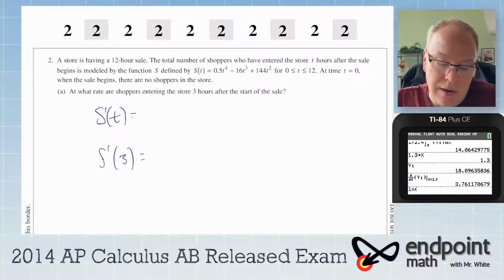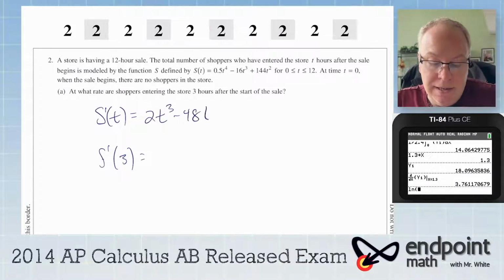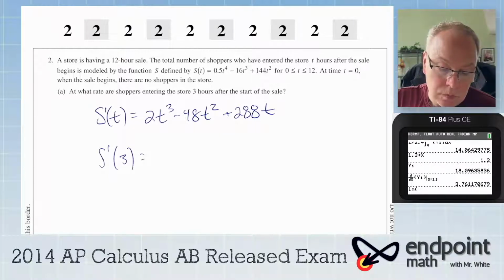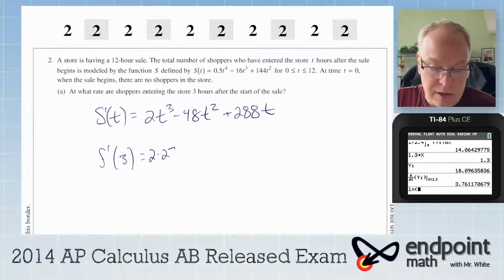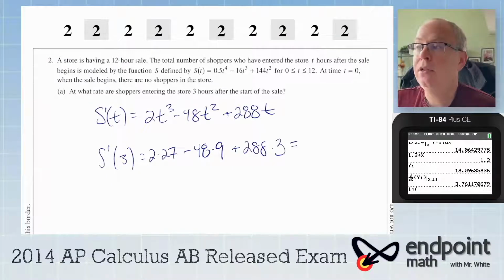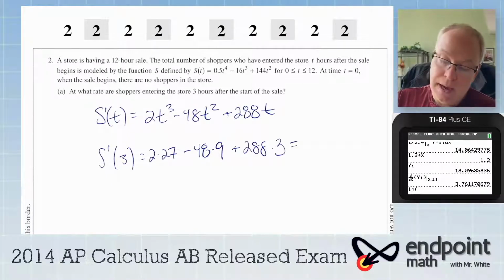So the derivative here is 2t to the third minus 48t squared plus 288t. And we're going to plug 3 in. So that would be 2 times 27 minus 48 times 9 plus 288 times 3. And you add all that up, and you get